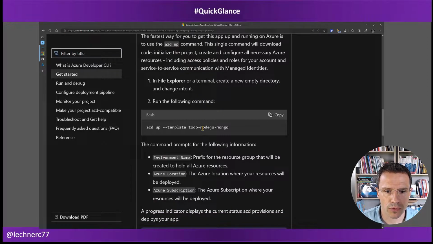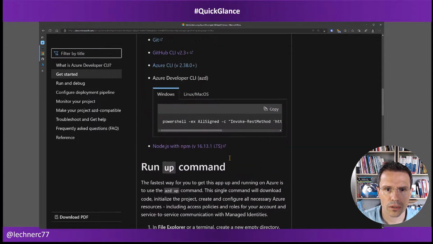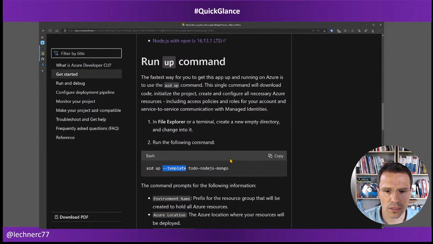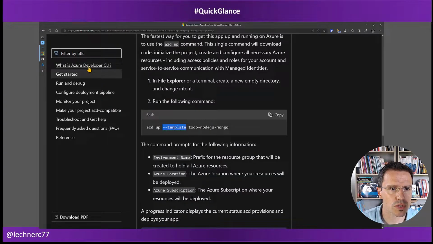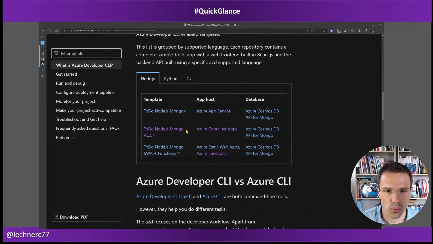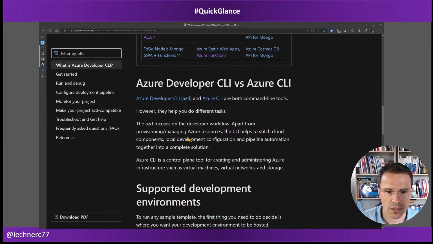And then we will run the following command, which is azd up. And there we have the template parameter, which is Node.js Mongo. I think we will not use Mongo, but we want to use another template, namely the ACA template, which is,